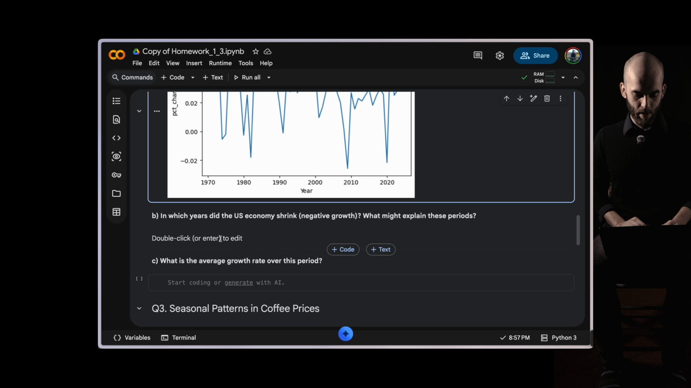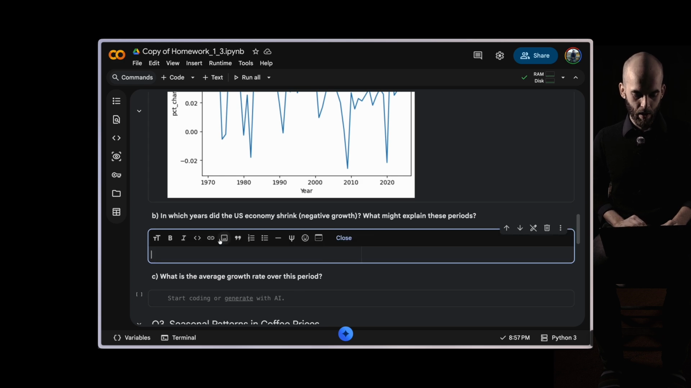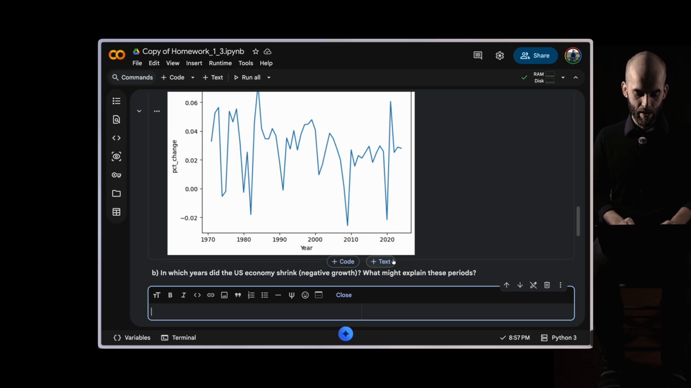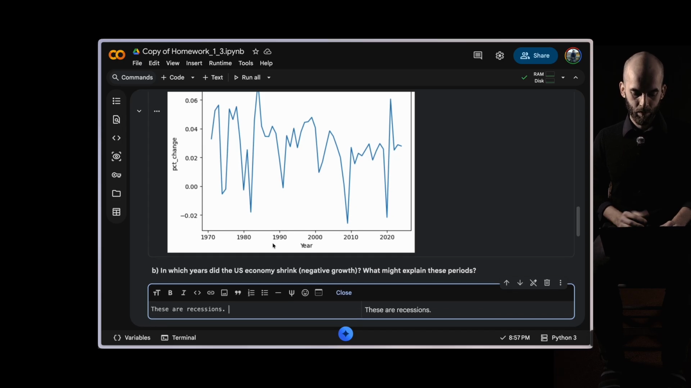Okay, so that's sort of the answer to this question. In which years did the US economy shrink, negative growth? And what might explain these periods? Well, these are recessions. And you'd have to know something about economic history to mention what might explain these periods, but